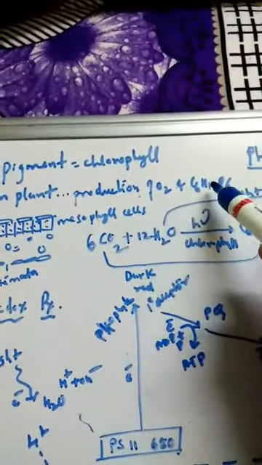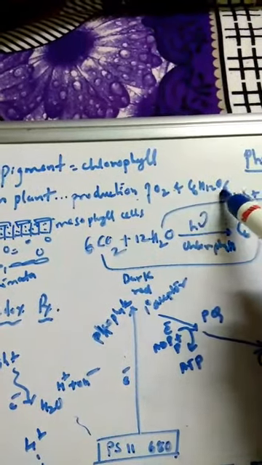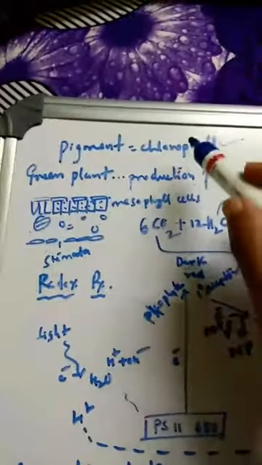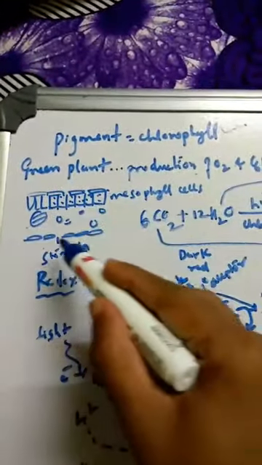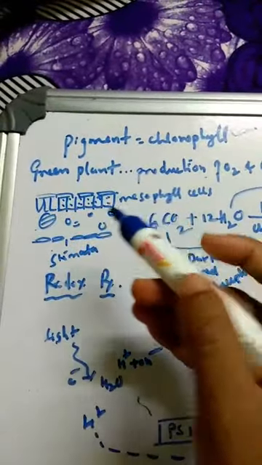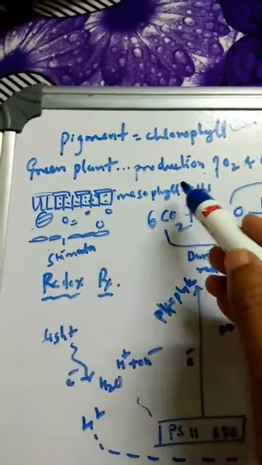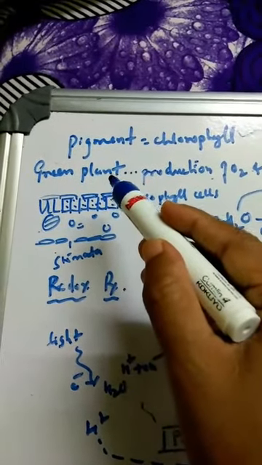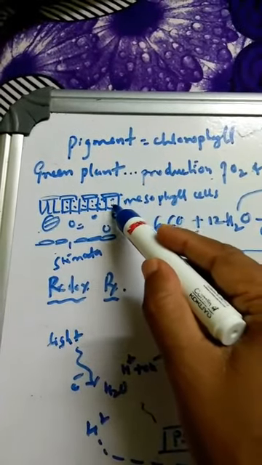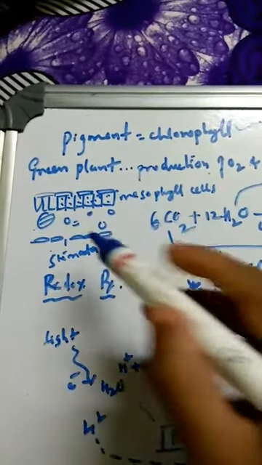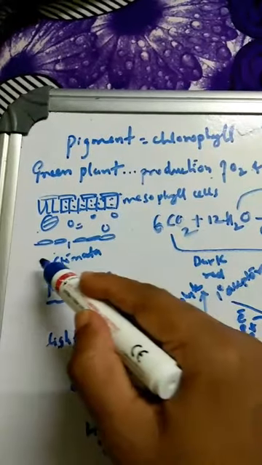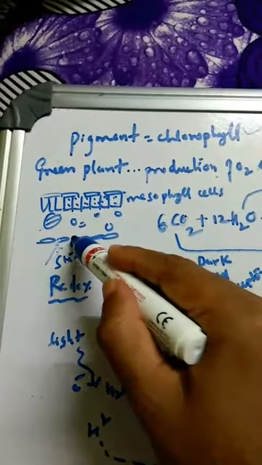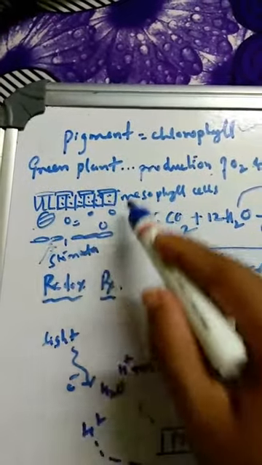of oxygen and carbohydrate, glucose C6H12O6, is seen in the presence of the pigment chlorophyll. Where do we get this chlorophyll? We get it in the leaf structure. If you dissect the leaf, you can see mesophyll cells, palisade tissues, and inside them the chloroplast is present. This is the stomata, where you can see the ingoing of carbon dioxide, and oxygen coming out. So this is the leaf structure.